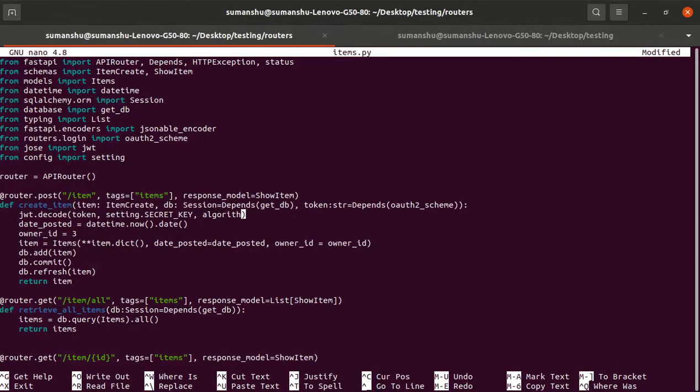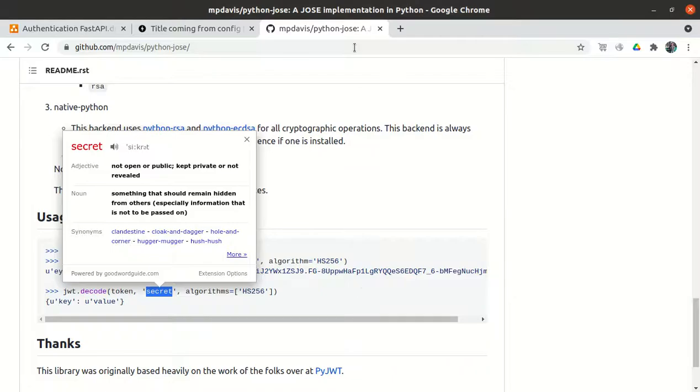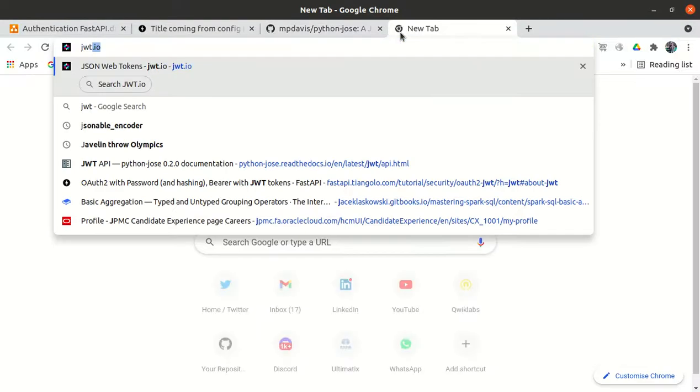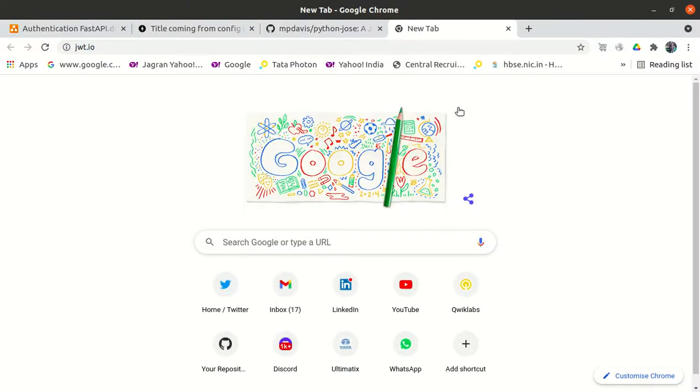So algorithms is equal to setting.algorithm, right? So what will it return as the payload? Let me show you.